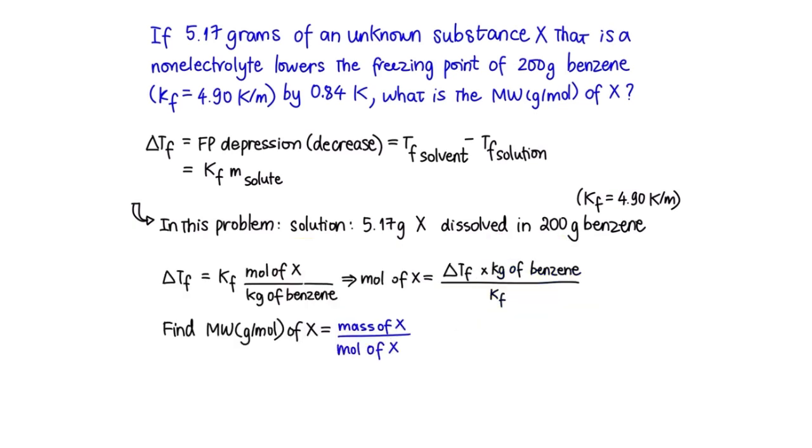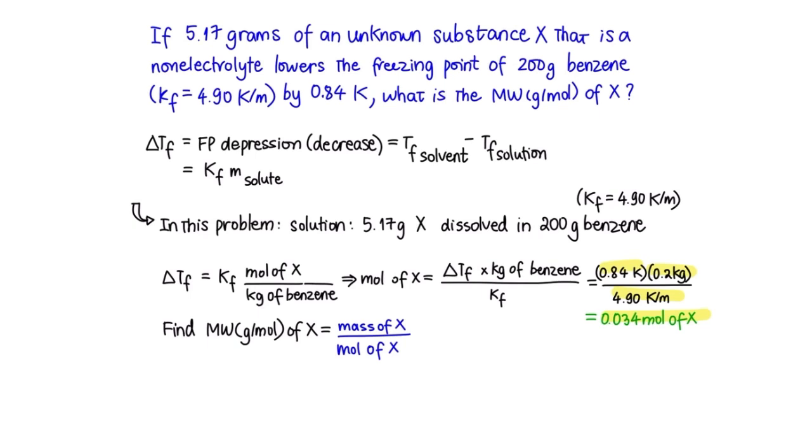So we'll go ahead and calculate the mole of X by first deriving the formula for mole of X, and that's going to be delta TF times kilograms of benzene divided by KF. Once we have the formula, let's plug in the numbers. That's going to be 0.84 times 0.2 divided by 4.90. And that's going to give us